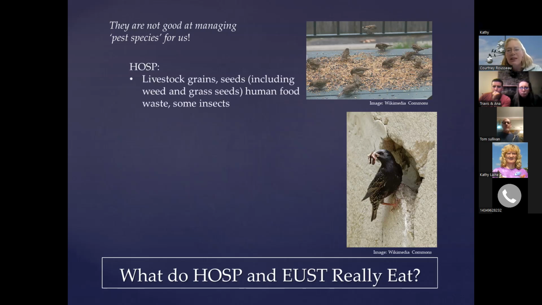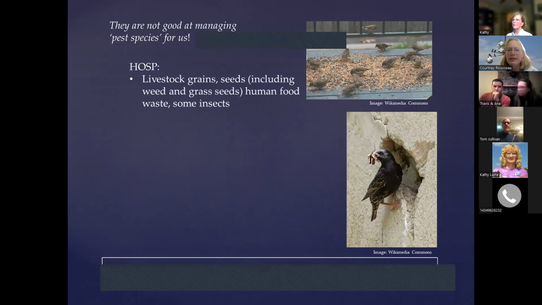Most of it is actually a seed-based diet, as it is with other sparrows and weaver finches. They're actually in the weaver finch family and are not a true sparrow. So that food can consist of livestock grains, seeds, including weed seeds and grass seeds, human food waste, some insects